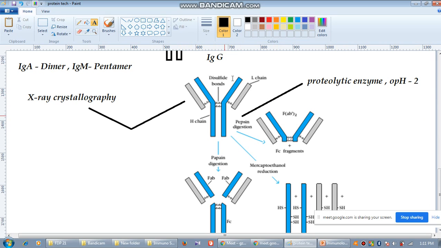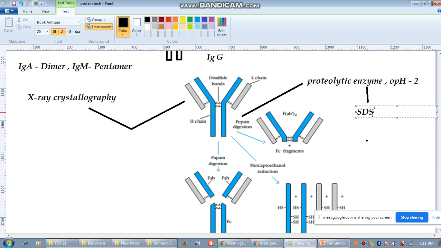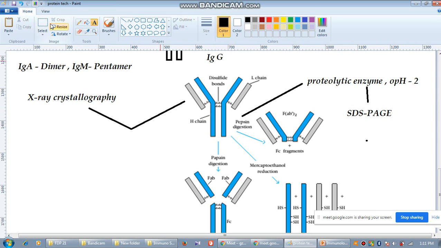So what we did, we took one test tube in which globulin is there and we added pepsin. After addition of pepsin, we subsequently put it into SDS page. Now once we do SDS page, what will happen? Can you remember? So here you see what happened. At first we took one test tube of globulin, then we added a proteolytic enzyme. After some time, once the proteolytic enzyme has done its activity, we did an SDS page.